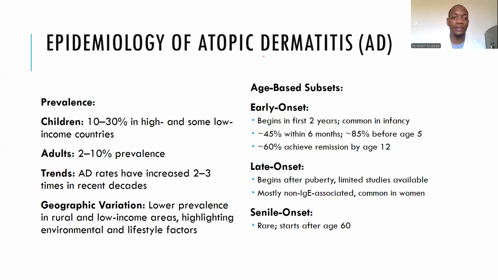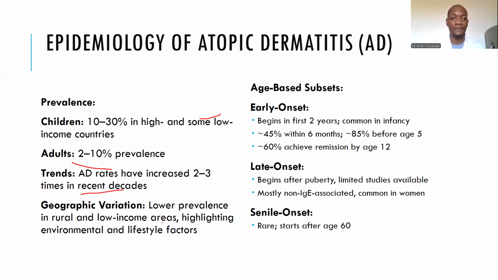But for adults, the prevalence can be around 2 to 10%. And the trends have been increasing in the last 2 to 3 decades, and you find that maybe it was around 10, now 20%,